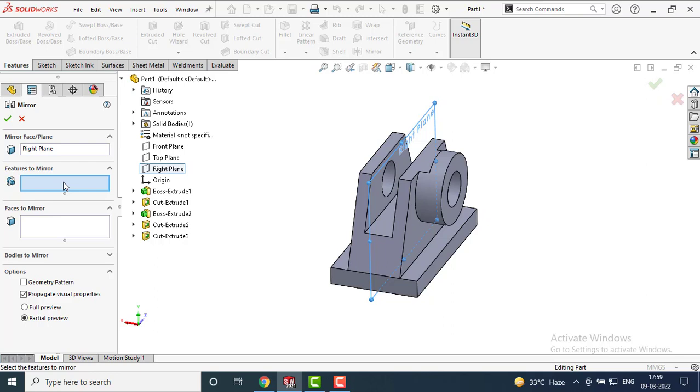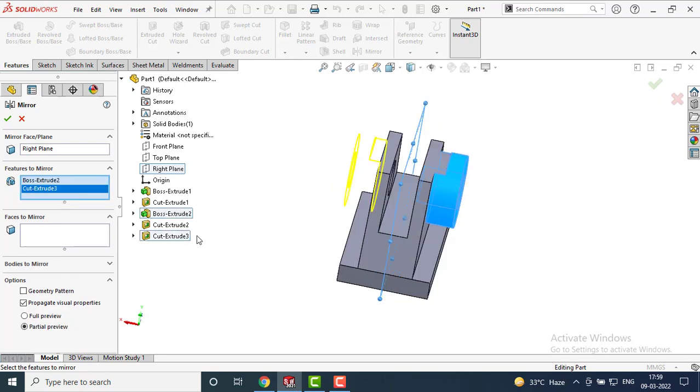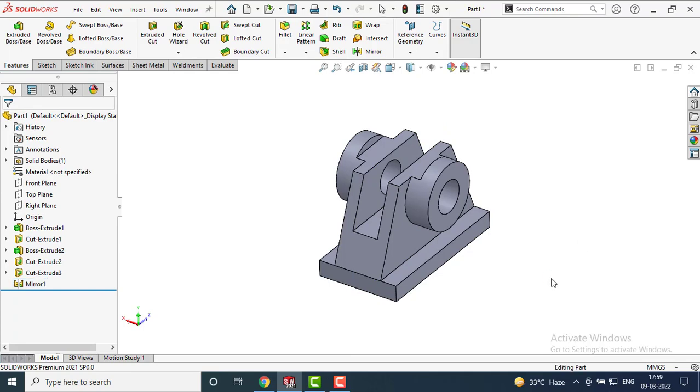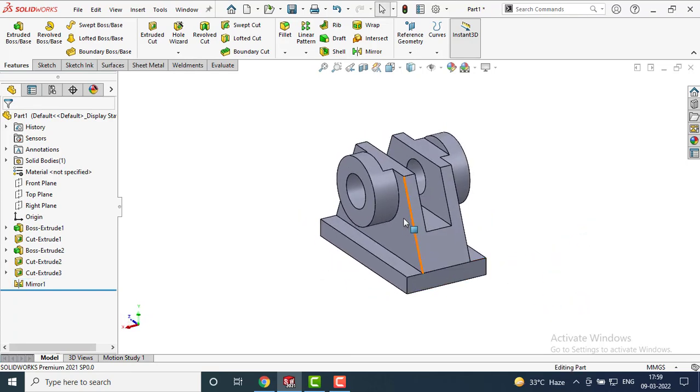In features to mirror, select extruded boss and extruded cut feature. Click OK. Now the same feature is mirrored on the opposite side of the plate.